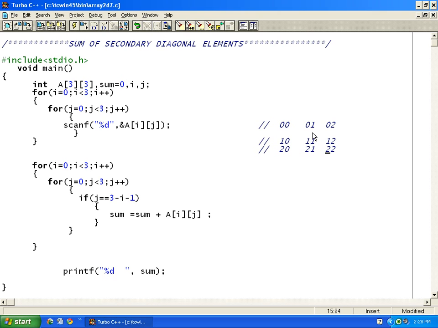So we have to add this location, and this location. You can see there's not much relation. There's no relation between these, like whether they are equal or less. So how to create a relation here is,